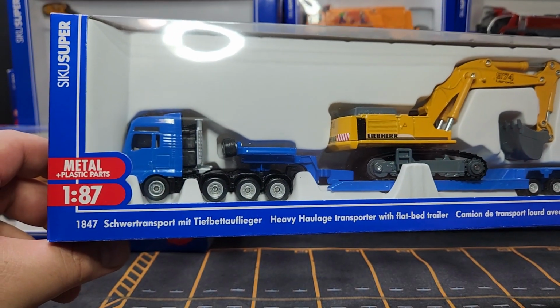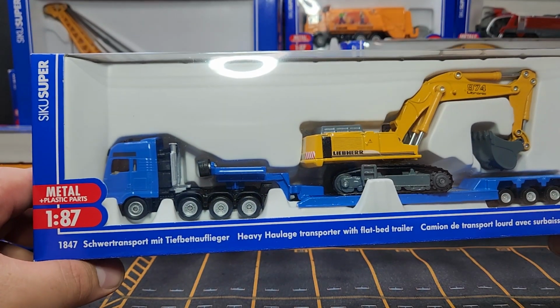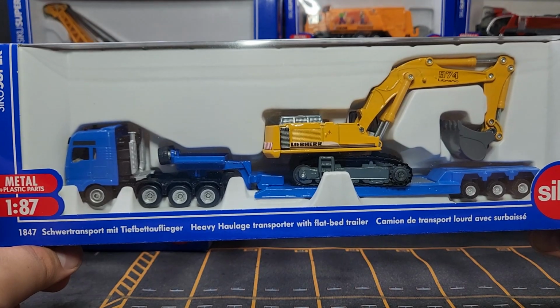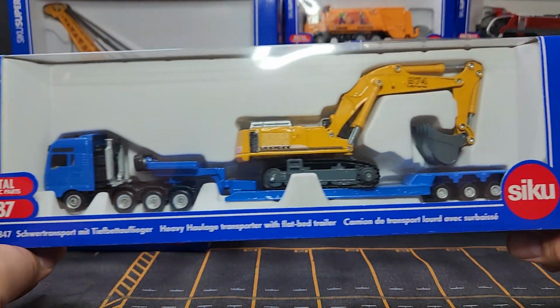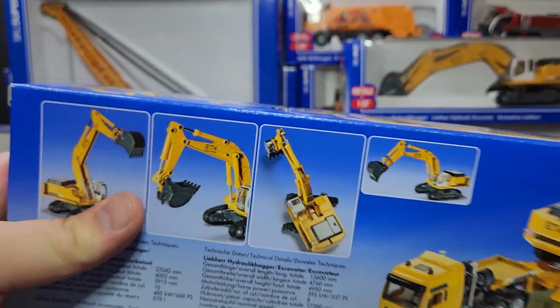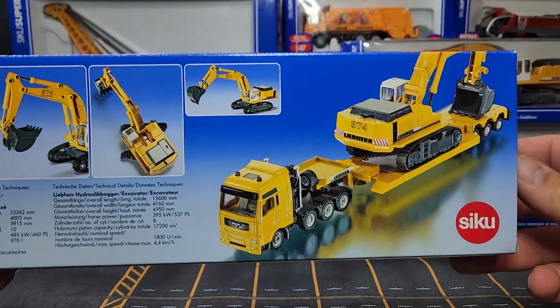I absolutely love it. It's just so cool. I love trucks. I love construction equipment. This was $59.99. This is a very expensive piece, but it's super cool. Now this one you can probably get a little bit cheaper if you buy it from